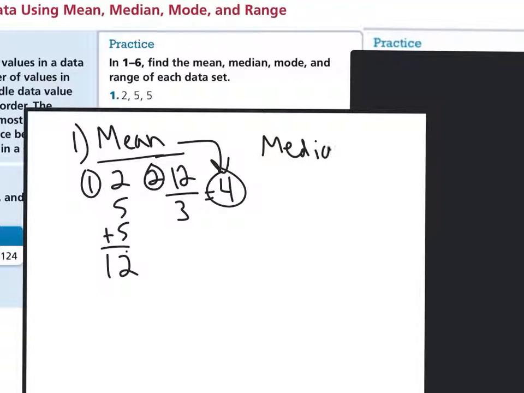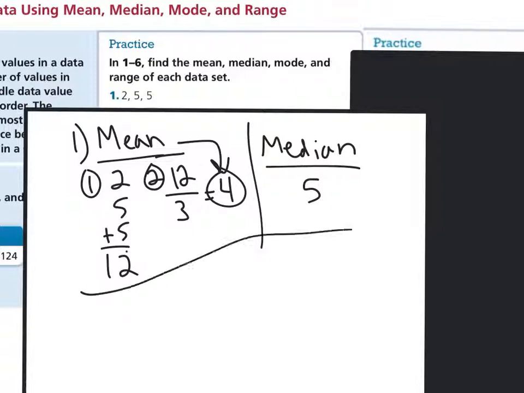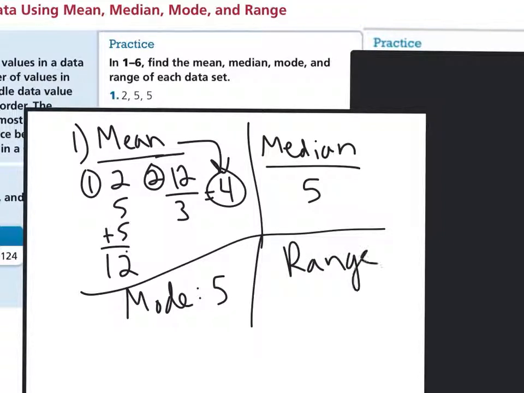The median, these are already in order, so you can see 5 would be the median. We only have one middle number. The mode is the one that happened the most often, if we have one of those, which in this case is 5. And then the range is the highest minus the lowest. Again, even though it's a simple calculation, go ahead and show your work on that, to get full credit. Plus, I've seen people make mistakes even on a simple subtraction problem like that before.